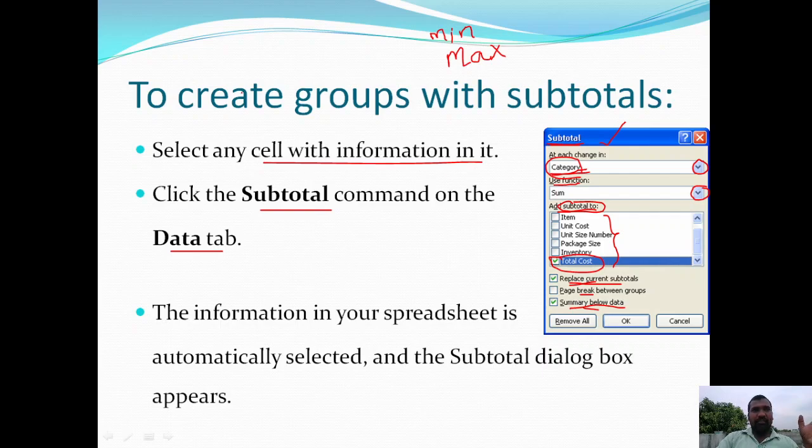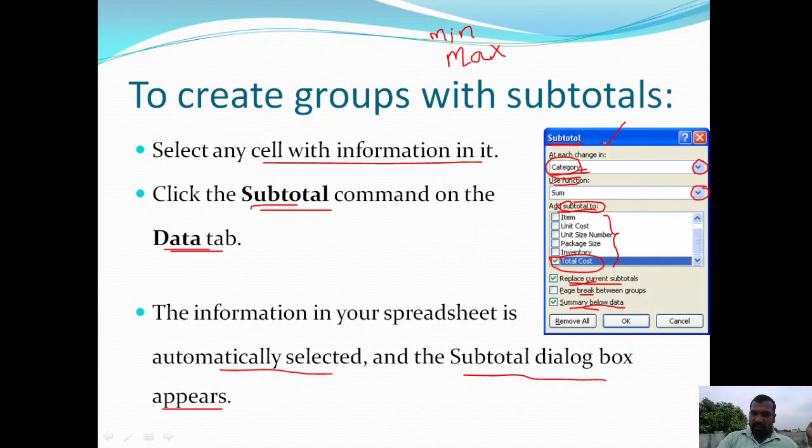Among the available spreadsheet data, select any one cell and go to the Subtotal command on the Data tab. The information in your spreadsheet is automatically selected, so the entire spreadsheet is selected, and the Subtotal dialog box will appear.